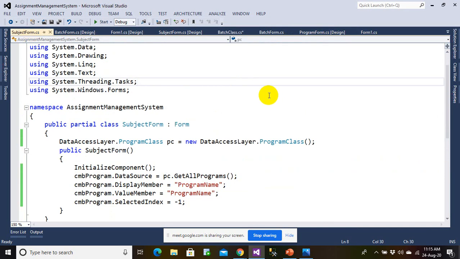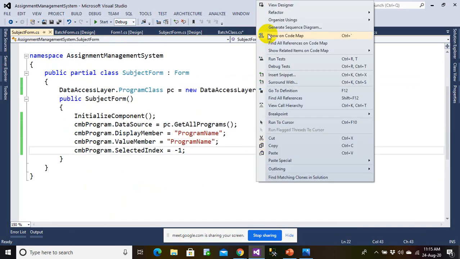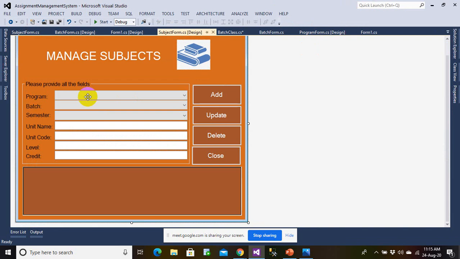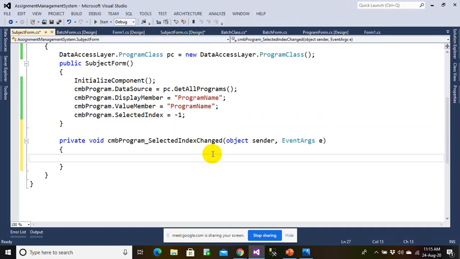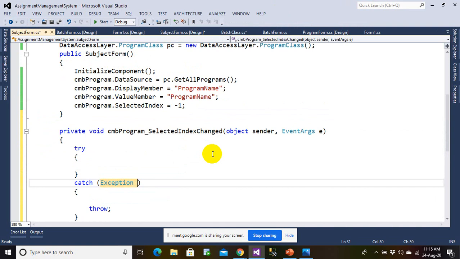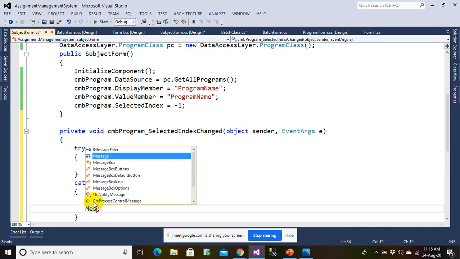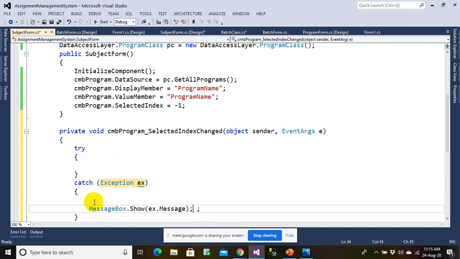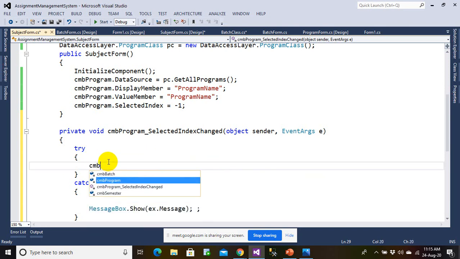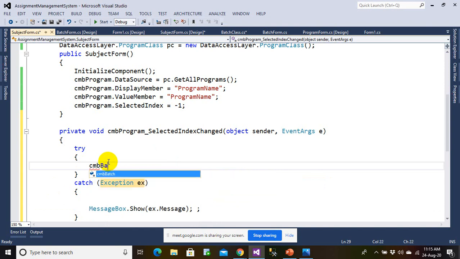Let me open the form again, and now let's populate this here on the checkbox click of the program. So let me click over here, and let me put a try catch here, exception ex, and obviously I'll throw the message if there is an error. That's done. Now let's try to get it done here. CMB, what was it? Batch. That data source should be now equal to